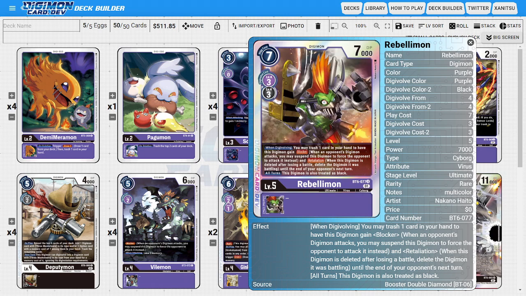So this actually means we could use our Deputymon to Digivolve into Vilemon if we so need to, to act as a little bit of a safety net in case we don't see any of our megas. And then on top of that, he has a nice when Digivolving ability where we get to trash 1 card from our hand to have this Digimon gain the blocker and retaliation abilities until the end of the opponent's next